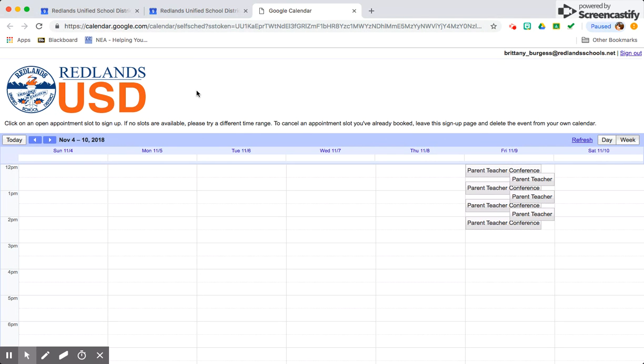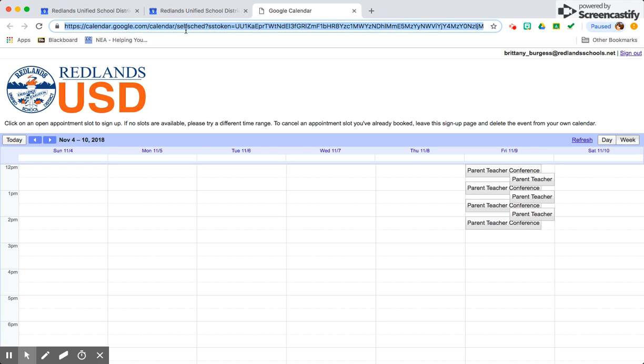I'm going to just show you the next few steps so you can add this to your parent letter. This is a quick tidbit. You don't have to do this. If you have all your parents' emails, I would send it out via email, but they will need to log in with a Google email. So let's show you how to make a quick